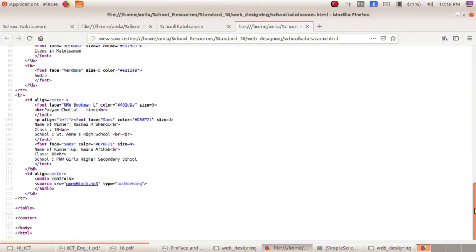You can write a minimum of 5 tags and attributes and its uses.